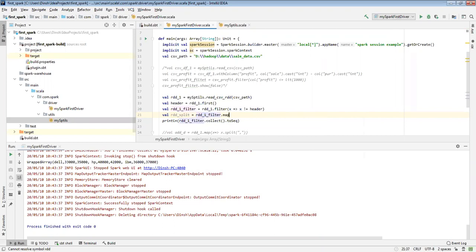Added, and yes. Now I'll show how this will be.